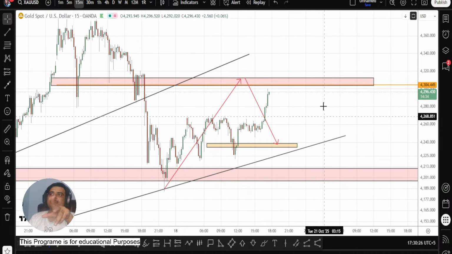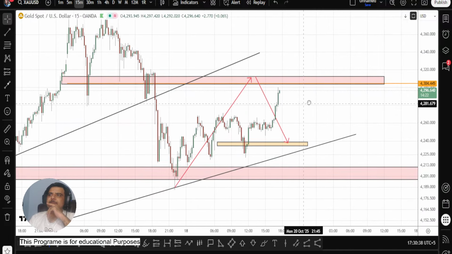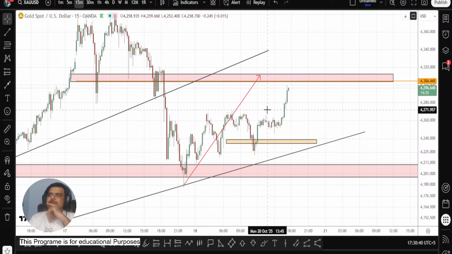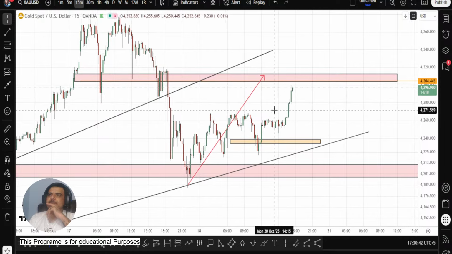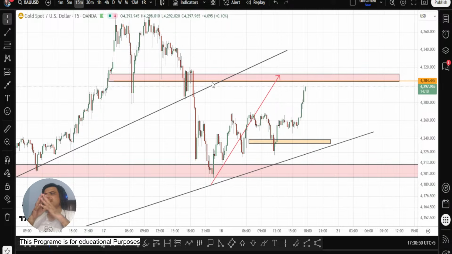Now we will also be waiting, during the stream, for a breakout and a retest of this level. Then on this same level I will be trading right here. So my friends, it is this simple. It's not a very hard and fast rule or any big technical thing. Not at all.